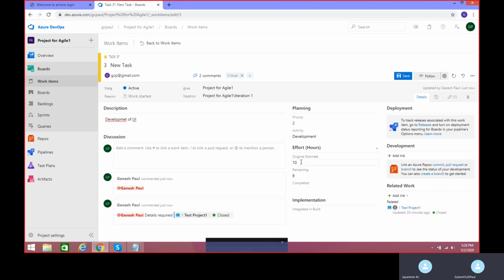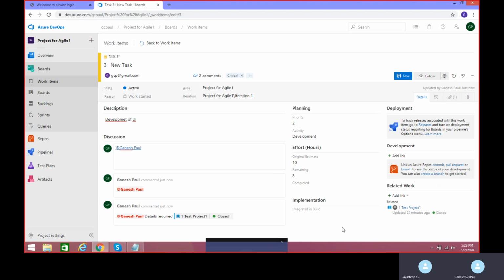So we can edit anytime, right? Yeah, you can edit anytime. But ideally you're not supposed to edit it, because once you fix that this much task you are going to get, this much time you will be taking for this task to execute, you should log that, because you will be doing your sprint planning and also your estimation during the starting of your sprint, right? So that time you will discuss how much effort will be needed for each of the user stories to be executed and also each of the tasks to be estimated. So based on that, you need to add your task hours.